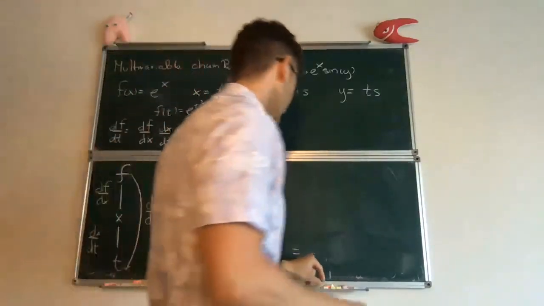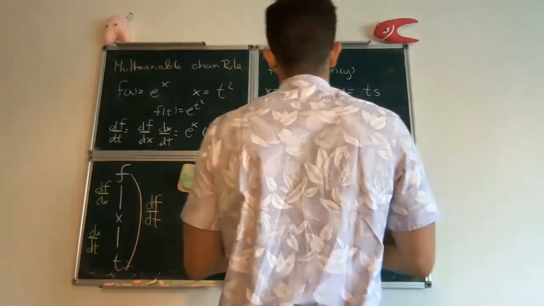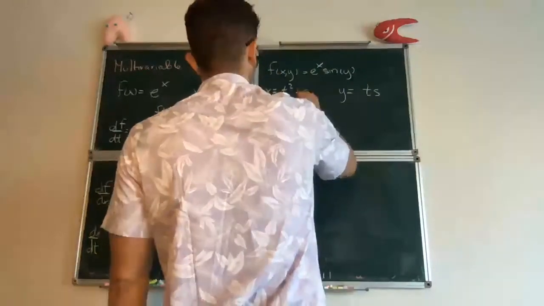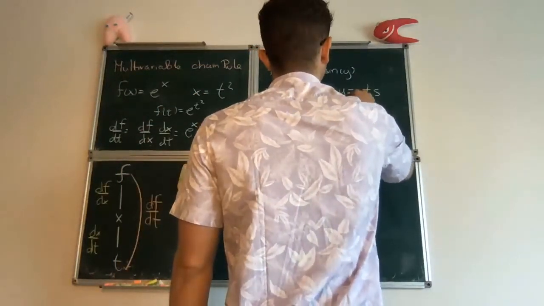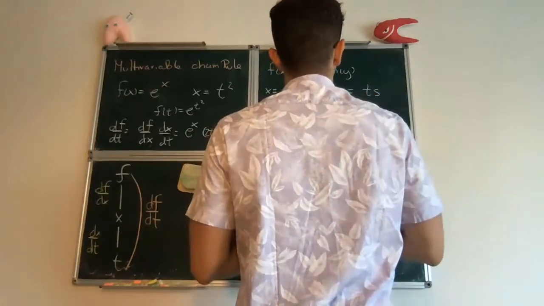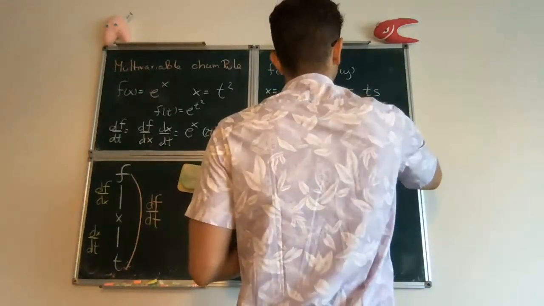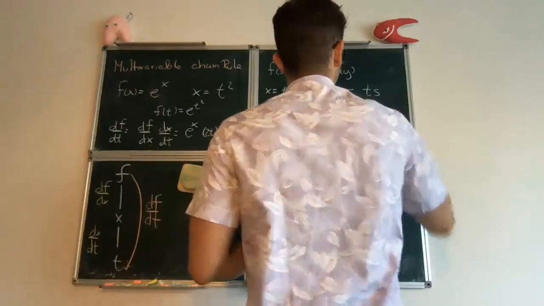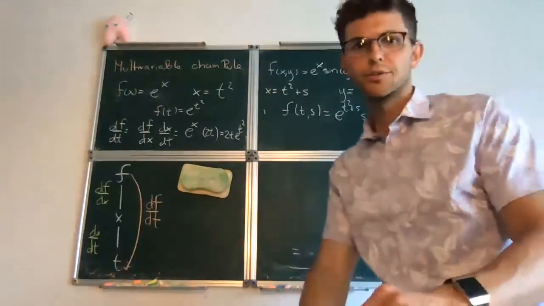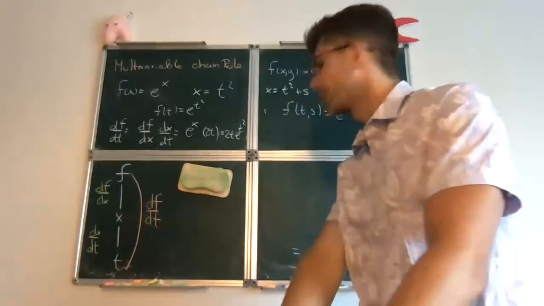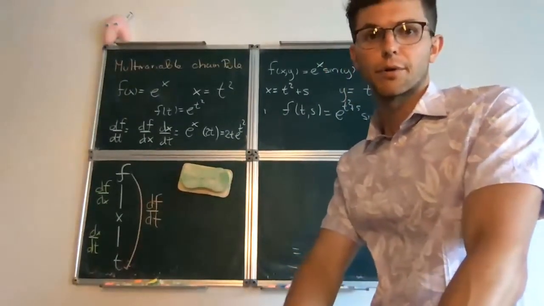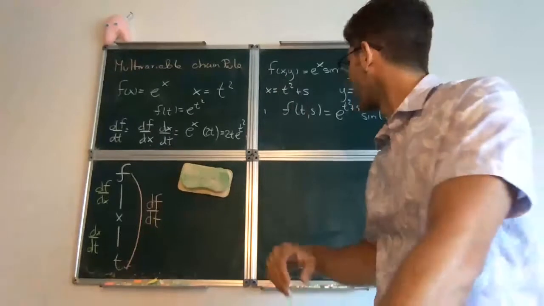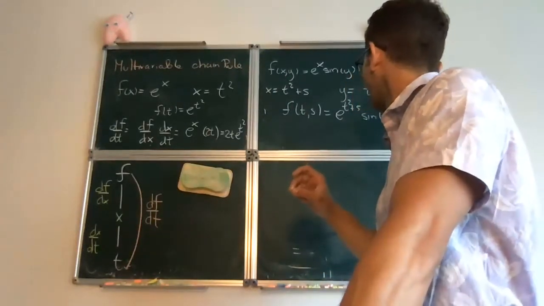If you want, you can say that this is e to the t squared plus s times sine of ts. And so from that point of view, once you know explicitly f as a function of t and s, you could compute all the partial derivatives that you want in the world without problem. Now the point is that